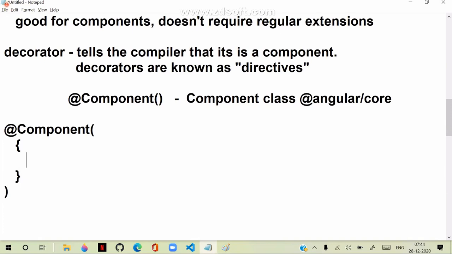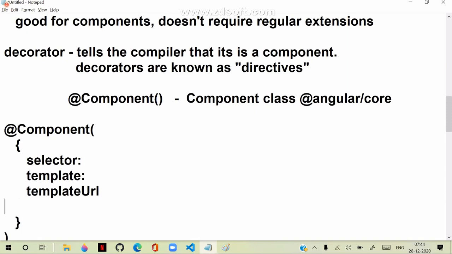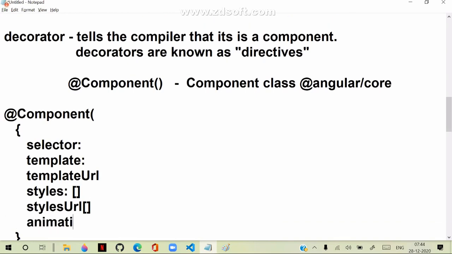What is the information that it contains about your component? First, it has options like selector, template, template URL, styles, styles URL, and animations. There will be many more.